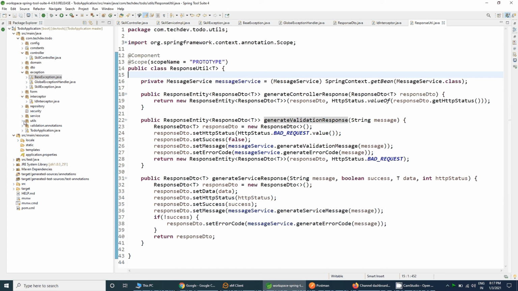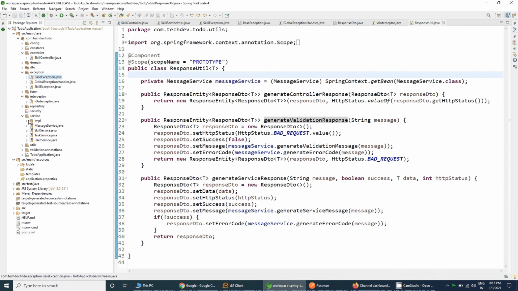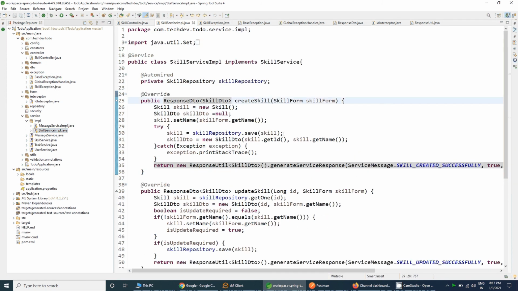Go to the service, go to the IMPL, and that is the skill service implementation. So what I need to do is that instead of writing the exception dot print stack trace, we can throw a new skill exception,